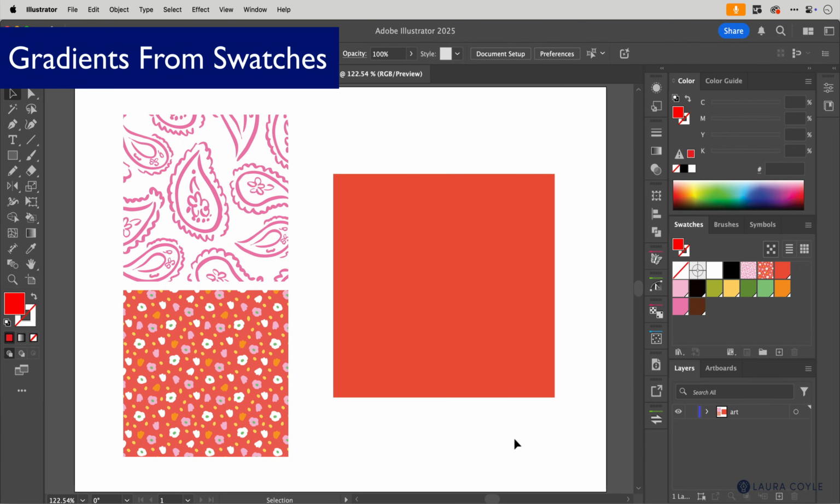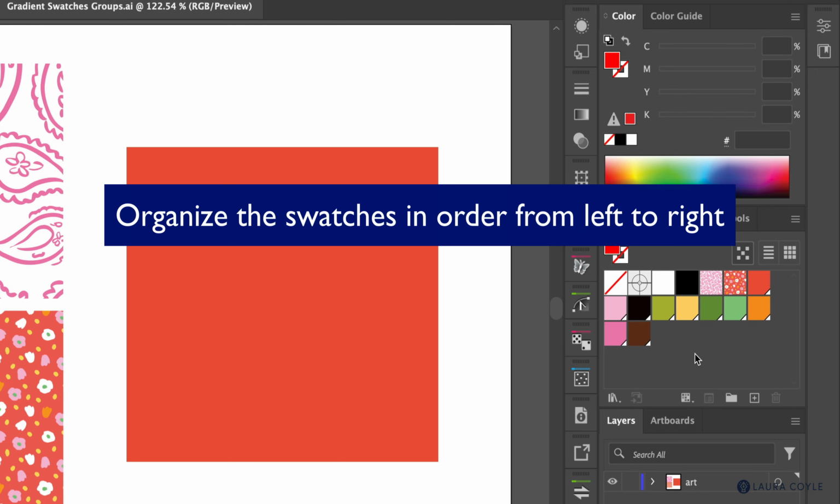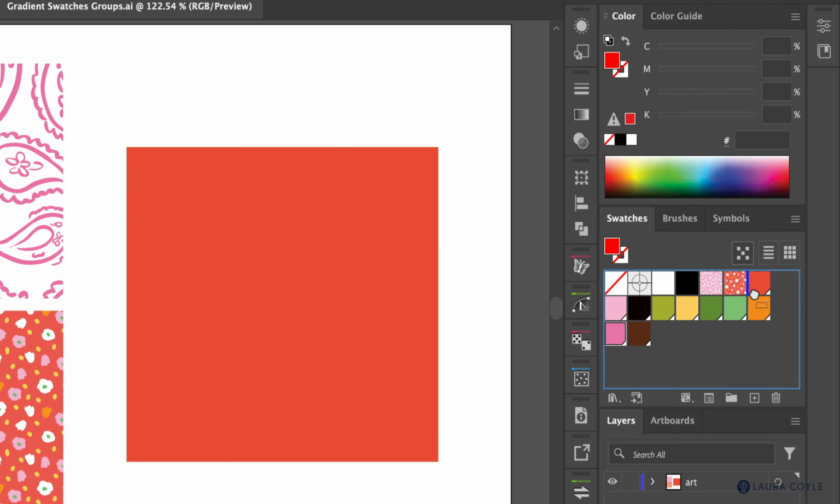First, we're going to look at making a gradient from our color swatches. So I'll go over to the swatches panel, and you need to select the color swatches that you're going to use to make your gradient. But here's a tip. It's helpful if you organize your swatches in the order that you want them to appear in the gradient first. So I want this darker pink to come after the red swatch, so I'm just dragging it, moving it there. And then I have the lighter pink, and then this yellow is here,